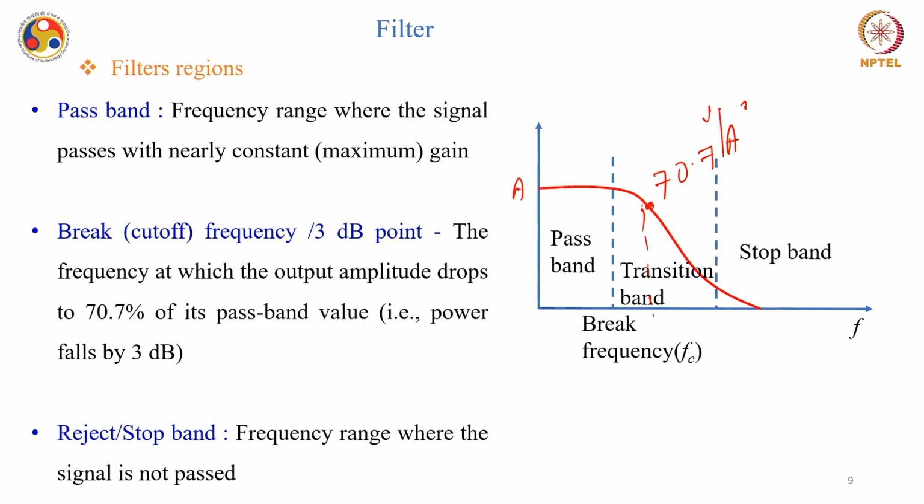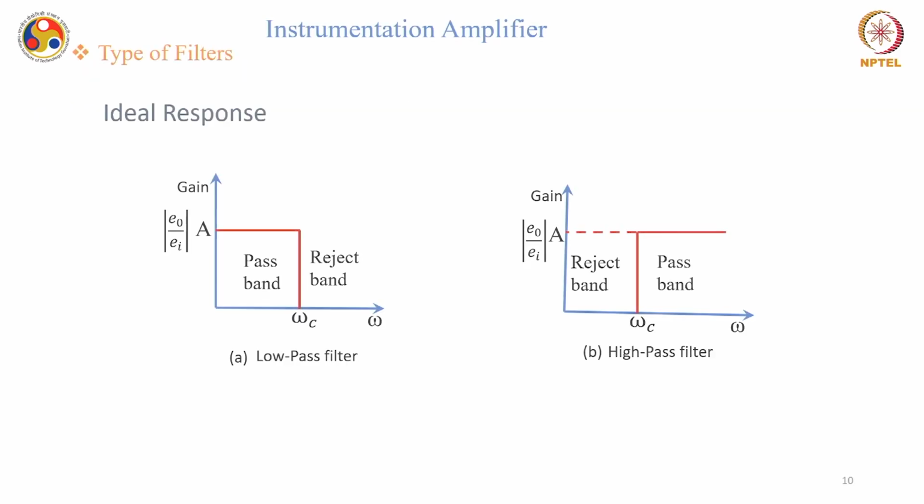So this is the frequency range where the signal is not getting passed. You have seen that for low frequency, above a certain frequency, we were not allowing the signals to pass through the filter. Similarly for high frequency, and for the high pass filter and other filters, similar characteristics were observed, okay. So if I talk about an ideal response of these filters, you can see that a low pass filter, okay,